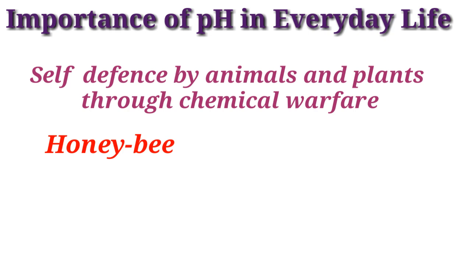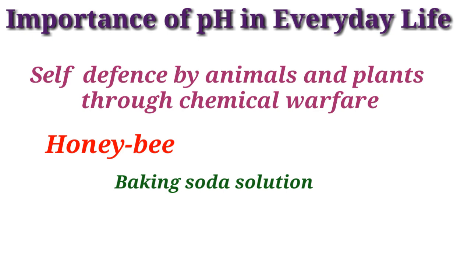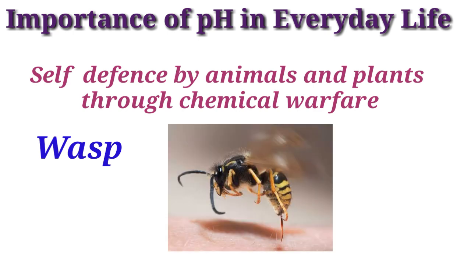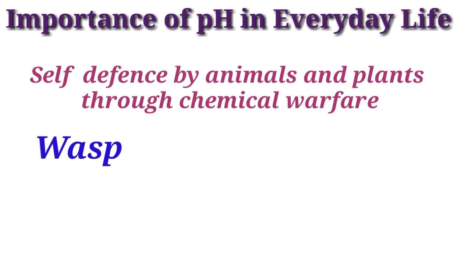For getting relief from that, we should rub a mild base like baking soda solution on the stung area of the skin. This is because, being a base, baking soda neutralizes the acidic liquid injected by the bee sting and cancels its effects. When a wasp stings, it injects an alkaline liquid into the skin. So, if a wasp stings a person, then rubbing a mild acid like vinegar on the stung area of the skin gives relief. This is because, being an acidic substance, vinegar neutralizes the alkaline liquid injected by the wasp and